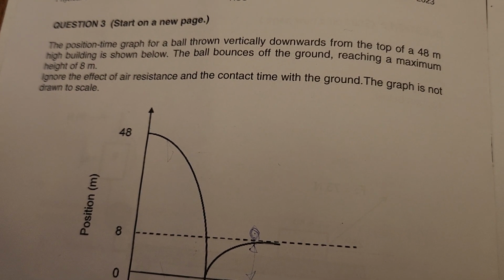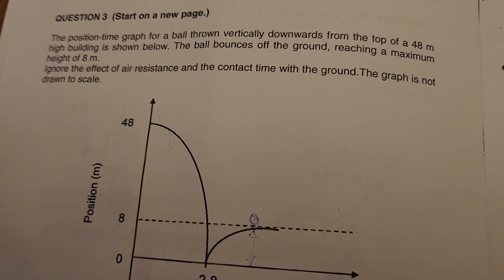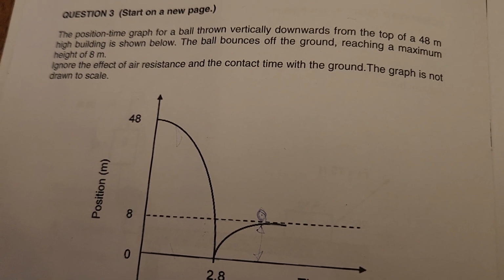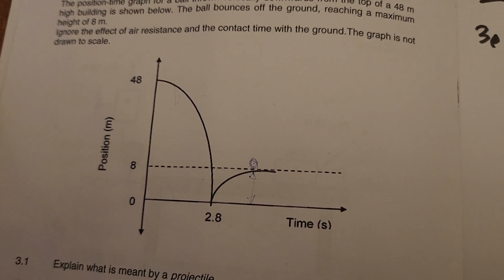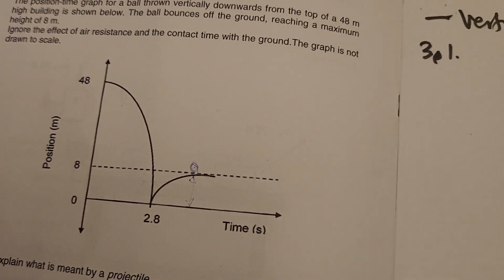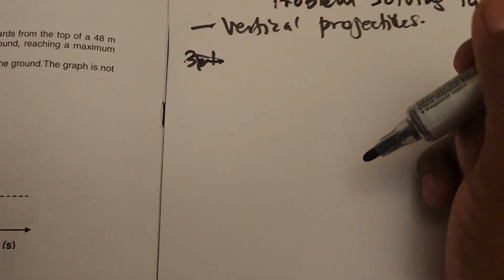Ignore the effect of air friction and the contact time with the ground. So the contact time with the ground is negligible. The graph is not drawn to scale. This is the graph. Now in a nutshell, before coming to 3.1, we've got 4